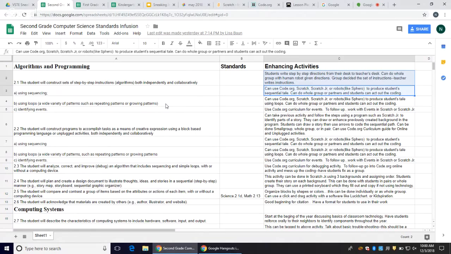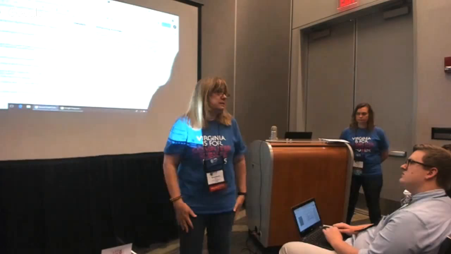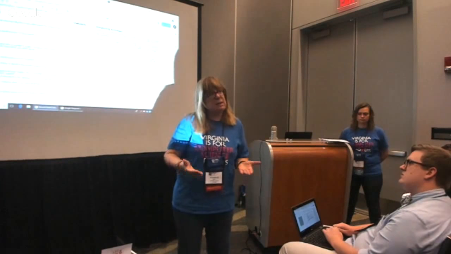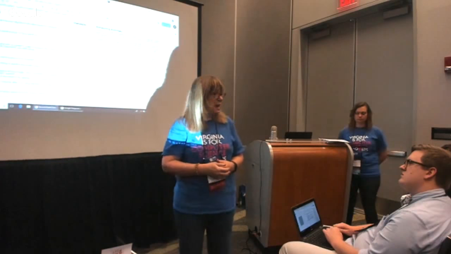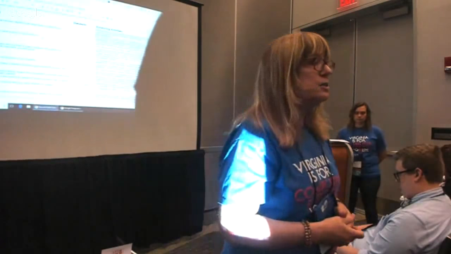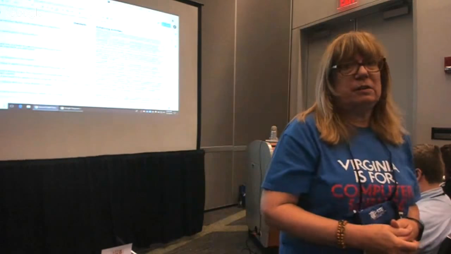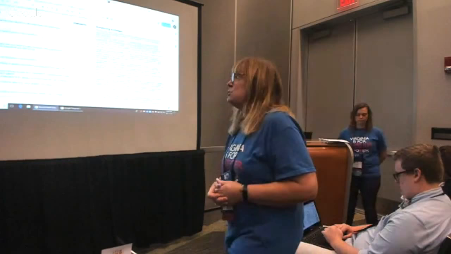Well, an event is making something new happen. For example, if you're running a program, the start or the flag or the go, that's an event. So basically, it's something that causes something else to happen. Looping just means going over and over again. It also is a time-saving device. It's a good thing for kids to know that you don't have to do everything the long way. Short way is a good way to do it.